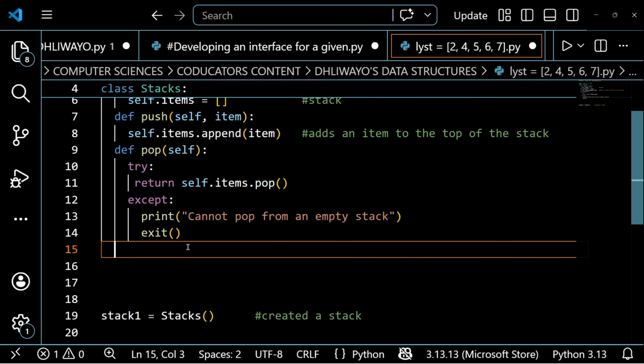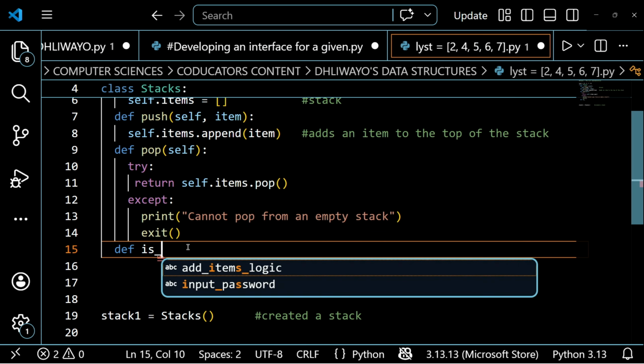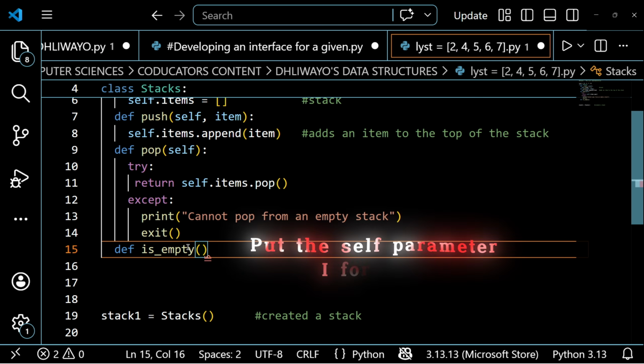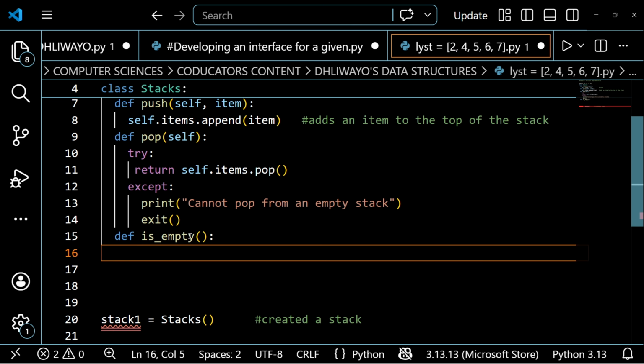So now we can define more methods under the stack class. We can define a method to test if the stack is empty or is not empty. Remember, when you say that the stack is empty here, we're implying that it is an empty list, because we're implementing the stacks using lists, right? So I'm defining the method isEmpty. The isEmpty method will basically check whether the list is empty or not, and it will return true if the list is empty, and return false if the list is not empty.